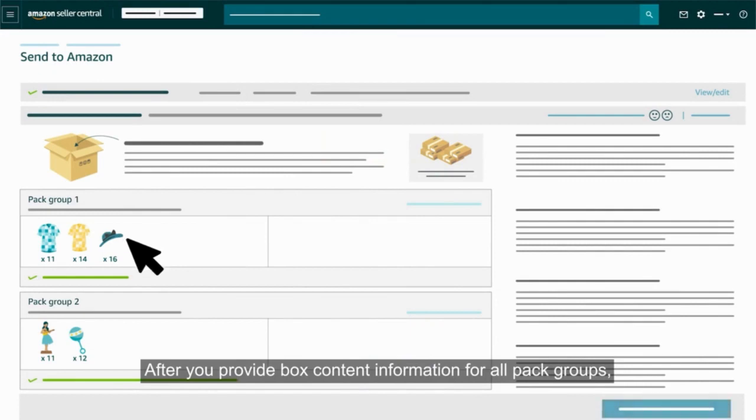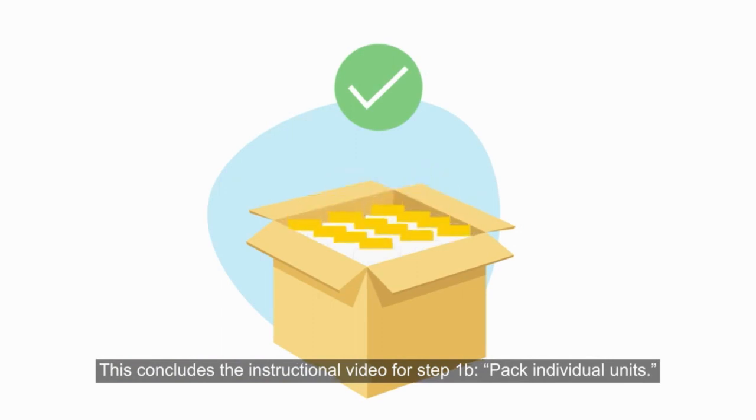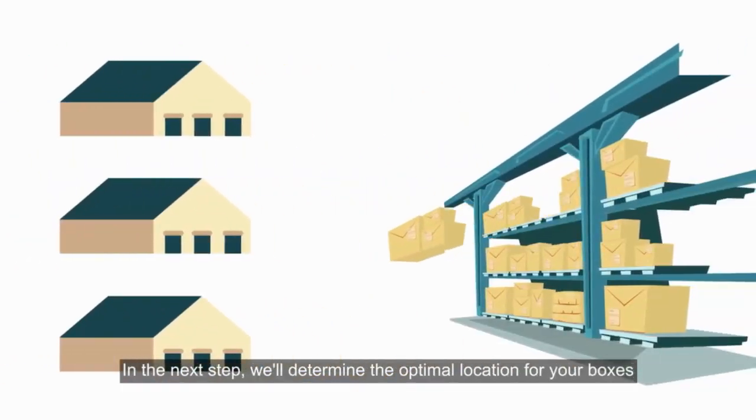After you provide box content information for all pack groups, click Confirm and Continue to proceed to the next step. This concludes the instructional video for Step 1B, pack individual units. In the next step, we'll determine the optimal location for your boxes to be sent so they're as close to your customer